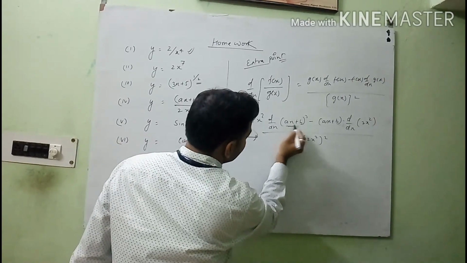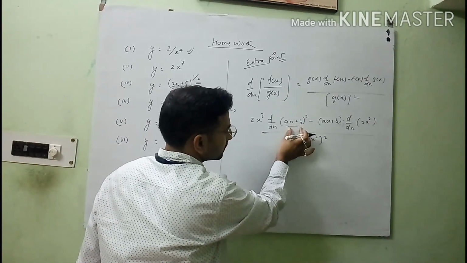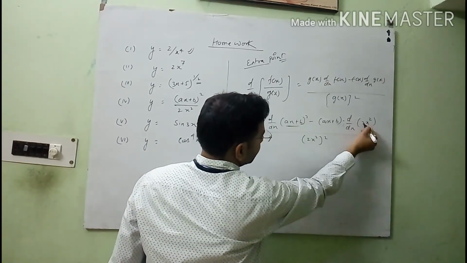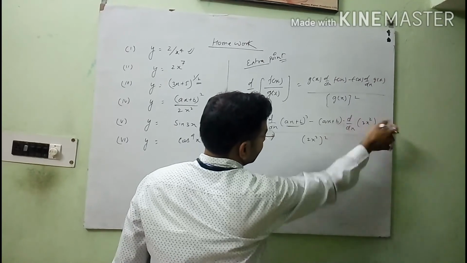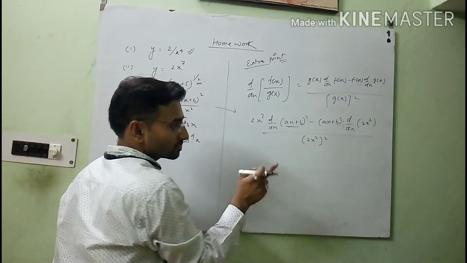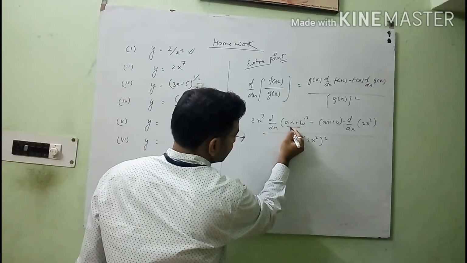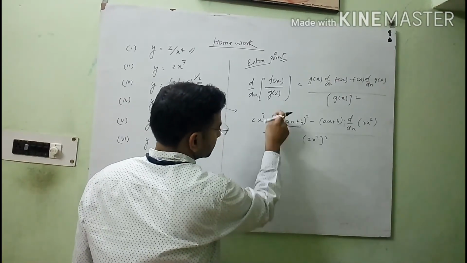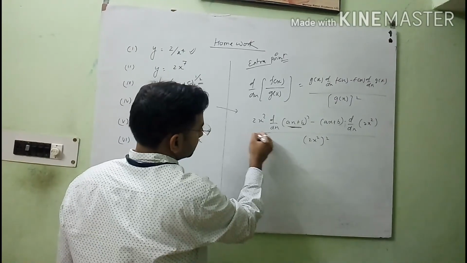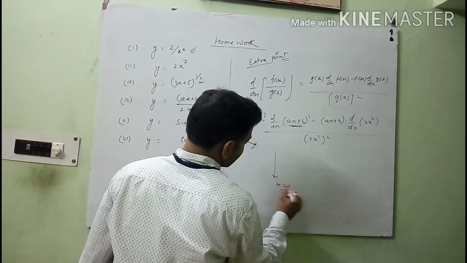Clear? After that, when you solve this question, first of all you will consider ax plus b equals t on the rough work side, and here also it is a simple way: 2 will come in front, and after that the answer is 2x. But here I am not solving this question because it is for you, so you will solve it, but I am giving you a hint. You can consider here ax plus b equals t. So this is d upon dt of t square, then dt upon dx. You will solve this question this way, and after that you will get the solution. This is for your homework.